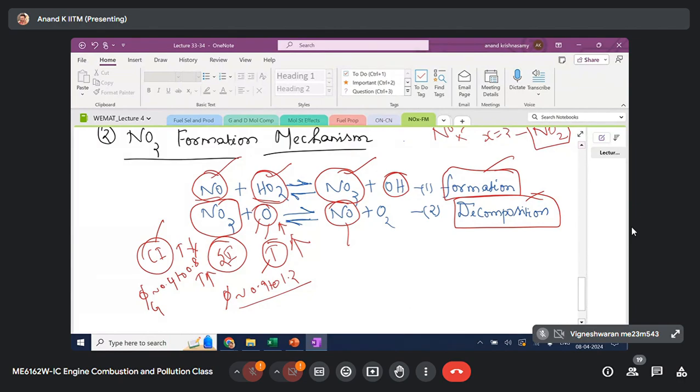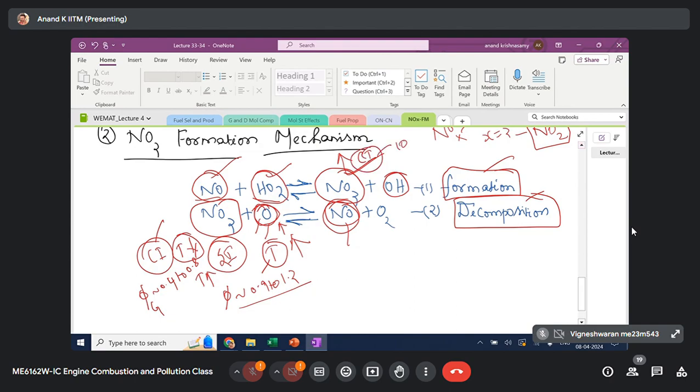Due to the high temperature available during the expansion stroke, the O radical availability is ensured, due to which whatever NO2 is formed through the first step gets converted back to NO in an SI engine. Whereas in a CI engine, getting back to NO is difficult because you have the problem of lower temperature or a quenching effect, where the burned gases mix with the excess air and the temperature of the burned gases comes down. This reduces the O radical availability. That is how the NO2 concentration is high in a CI engine.